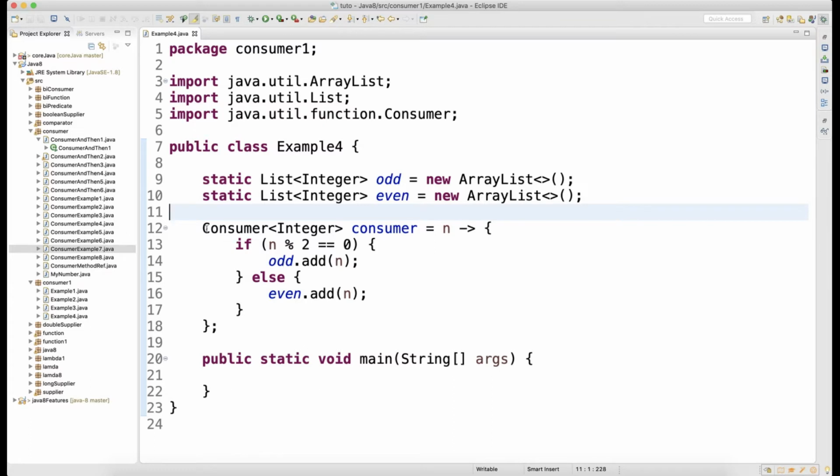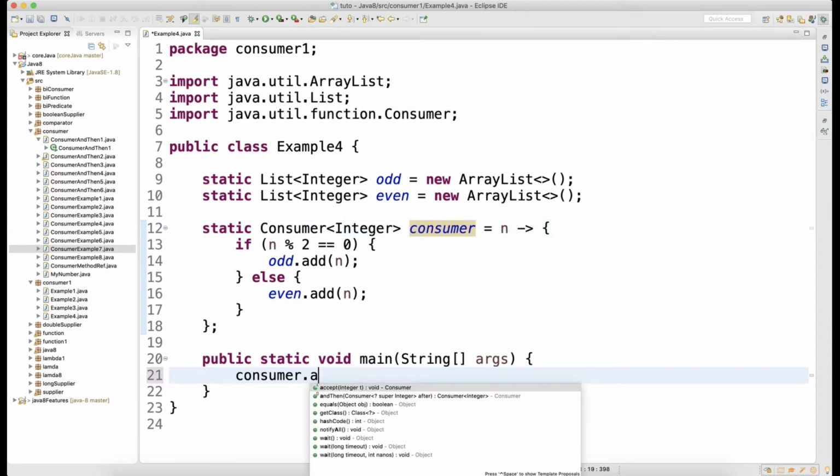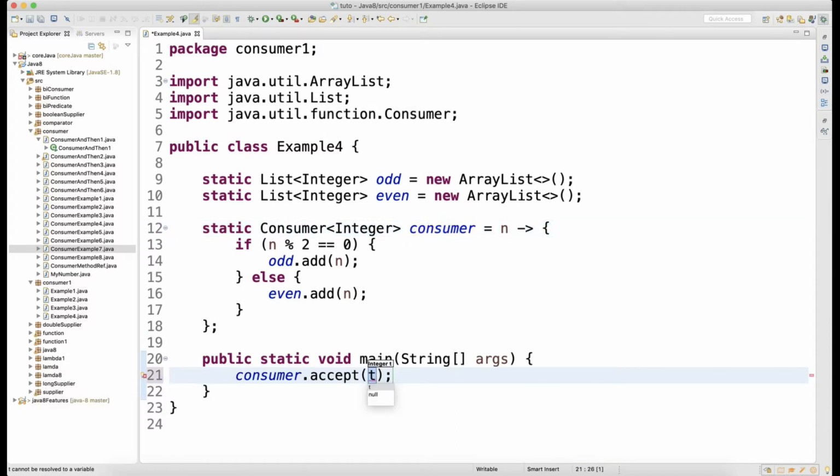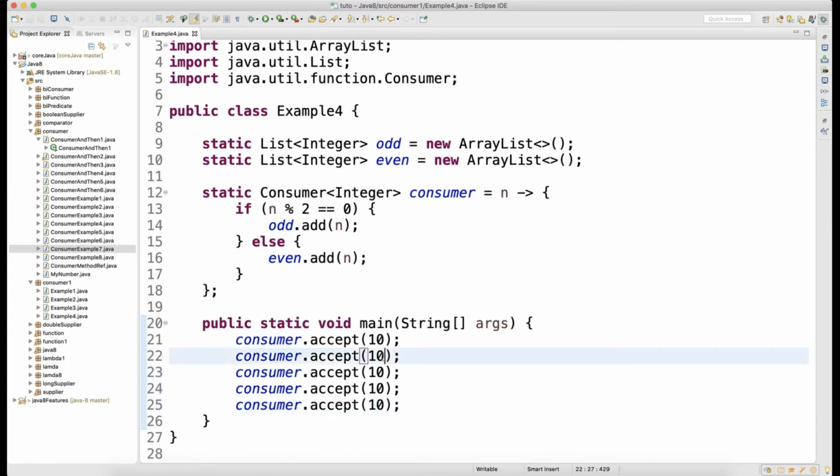Now let me make this static, so I can call it straight away without an object. Can I write here consumer dot accept, let's say 10, 11, 15, 20, 18, and then let me print the lists.